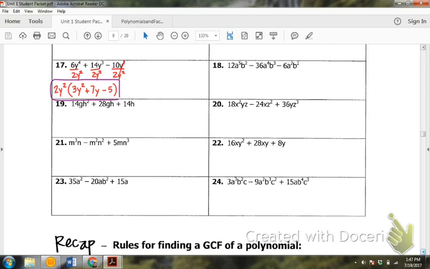On number 19, what number do they all have in common? 14. Okay, they all have 7, but let's look. 14 is what they're all going to have in common, so we're going to divide them all by 14. What about variables? Do they all have an H? It looks like some of them have a G, but do they all have a G? No. So just one H comes out. 14H goes on the outside, and then